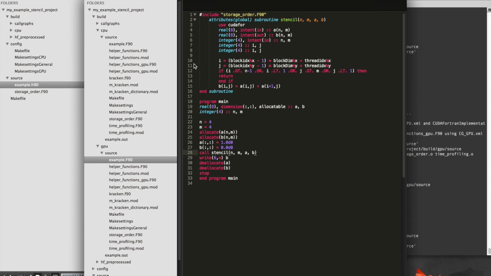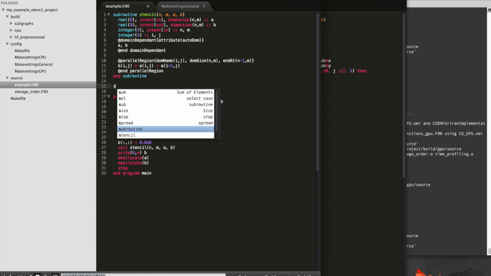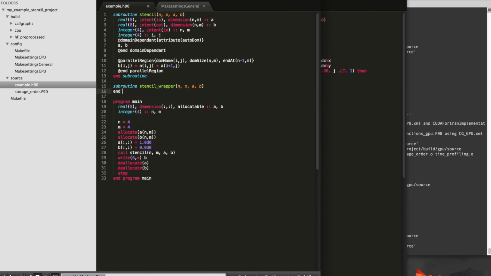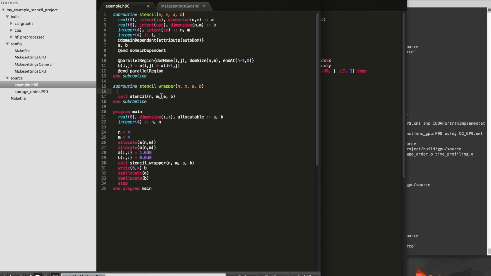What we need to do in our code is, one of the things you have to know about Hybrid Fortran is that it only operates on subroutines for now. So in order to actually pick up this call here, we need to put it into a wrapper subroutine. We just use the same interface here, and we call this interface from the main program, and we call the kernel from here, because this way Hybrid Fortran will pick up this Stencil call, and it will properly initialize it for us for the CUDA